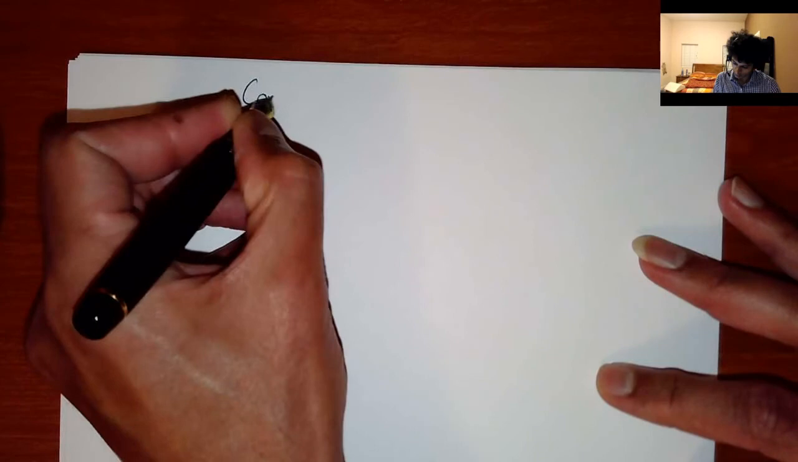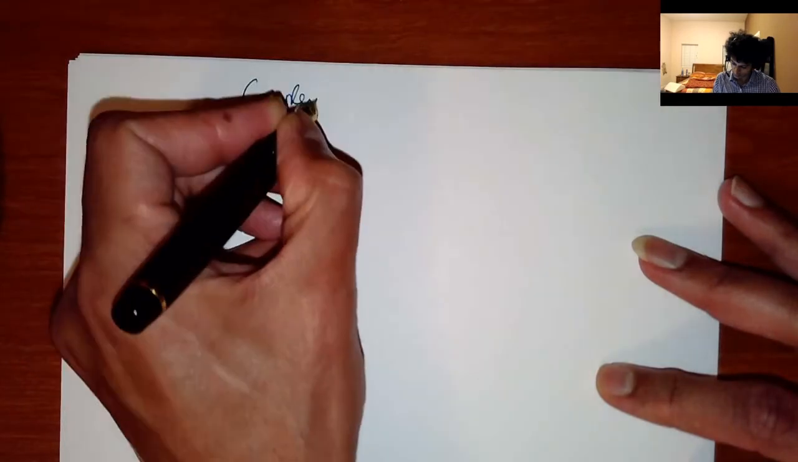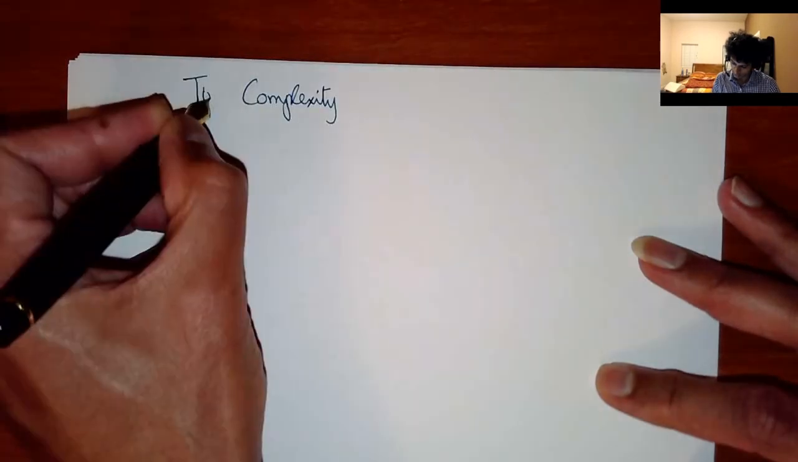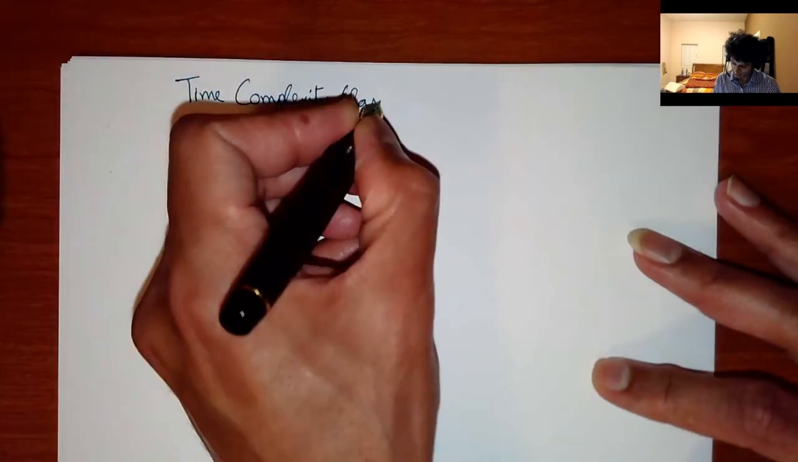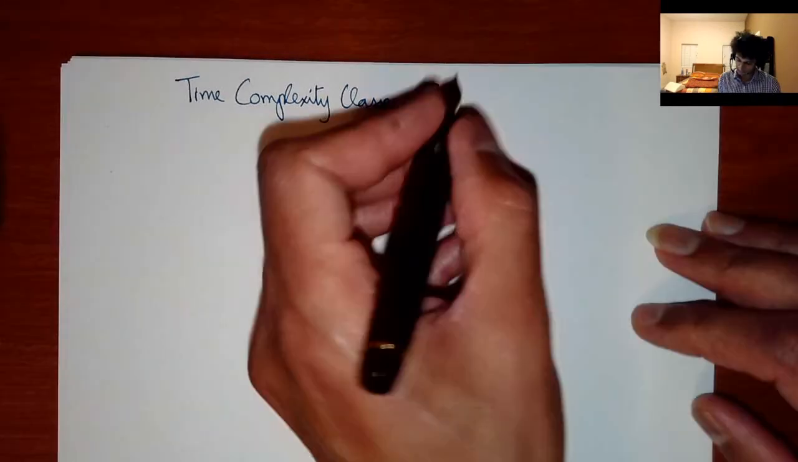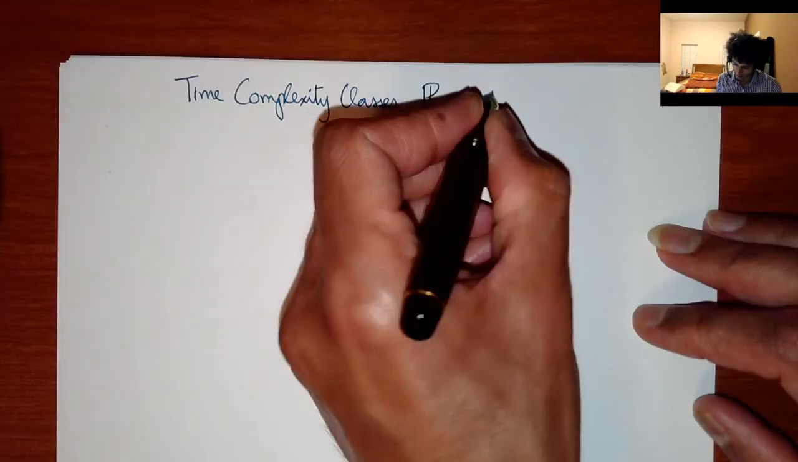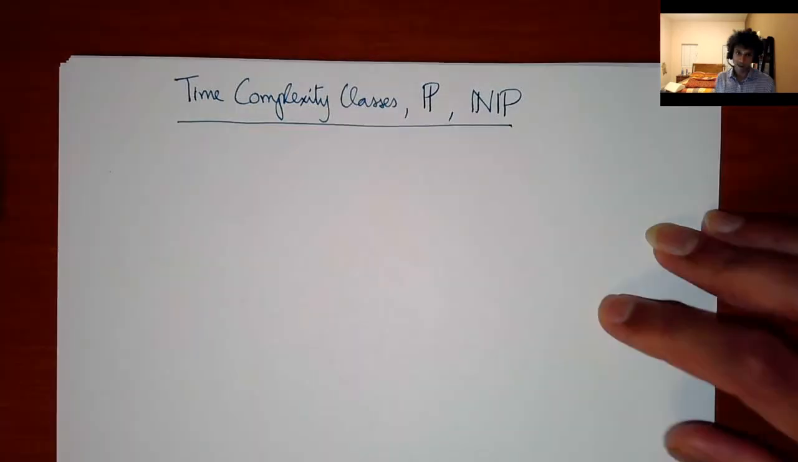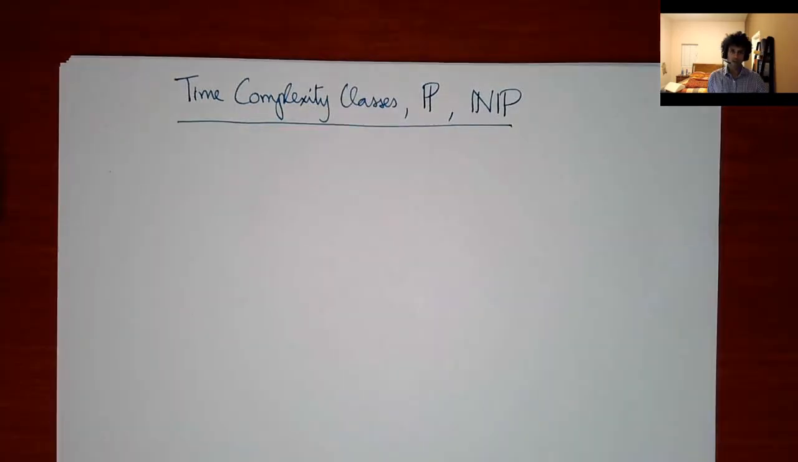Okay, so the topic for today, now we're sort of getting deeper into computational complexity theory. And so today we will see, quite exciting, our first time complexity classes. The most important class, P, and maybe the second most important class, NP. Okay, so before we define what P and NP are,